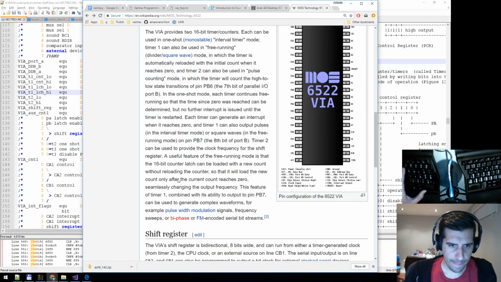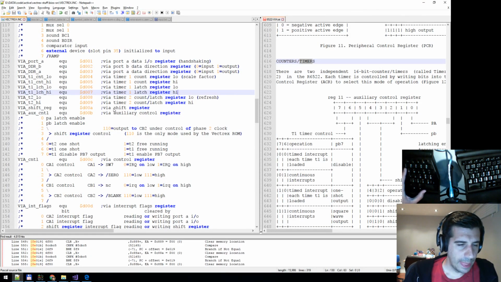Okay. This feature of timer 1 comes back to the special feature I was talking about. Yeah, so timer 1 is definitely more advanced than timer 2. Okay, and then the next one here,